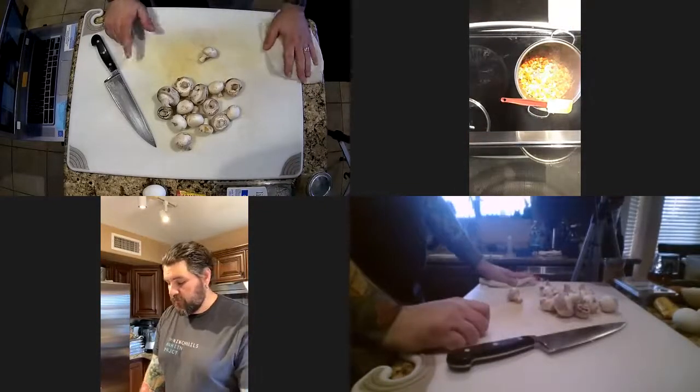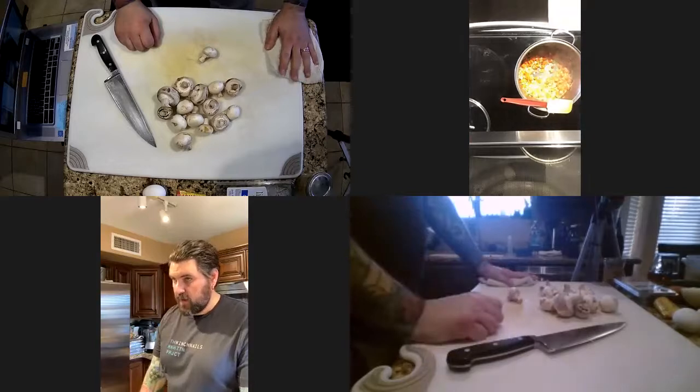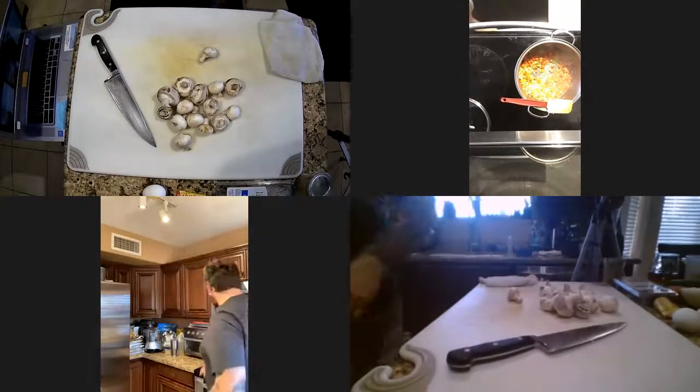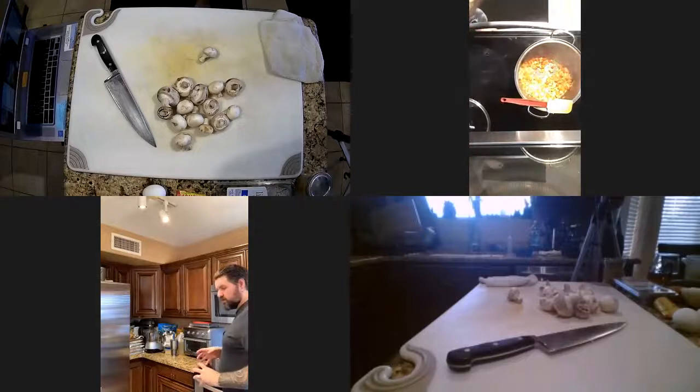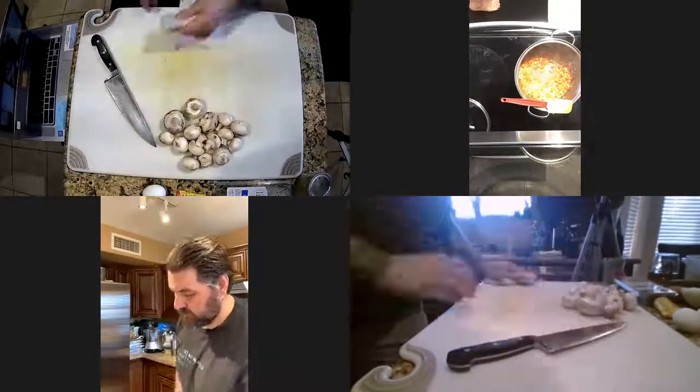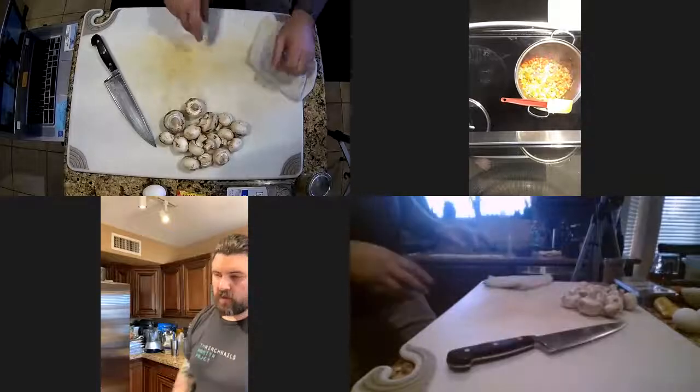You can definitely throw fresh garlic in there. I would probably hold off on adding the garlic too soon, because garlic, especially whenever it's super small or added early, has a really high tendency to burn. But one thing